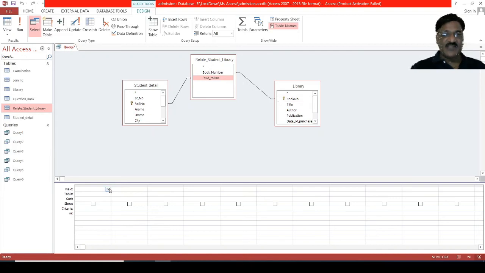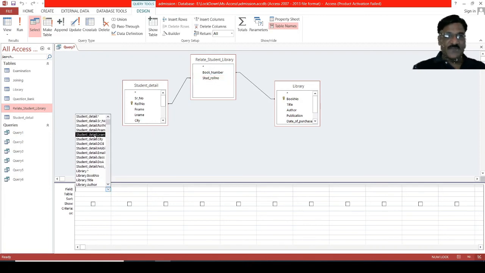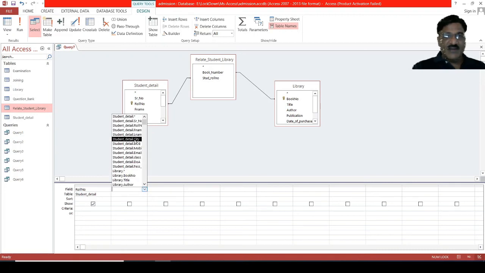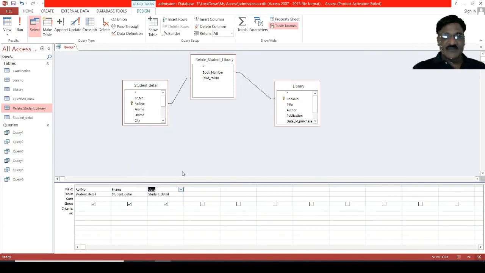Now specify the field names that you would like to display in the query result. First of all we will see the student roll number, then name of the student, then select the class.